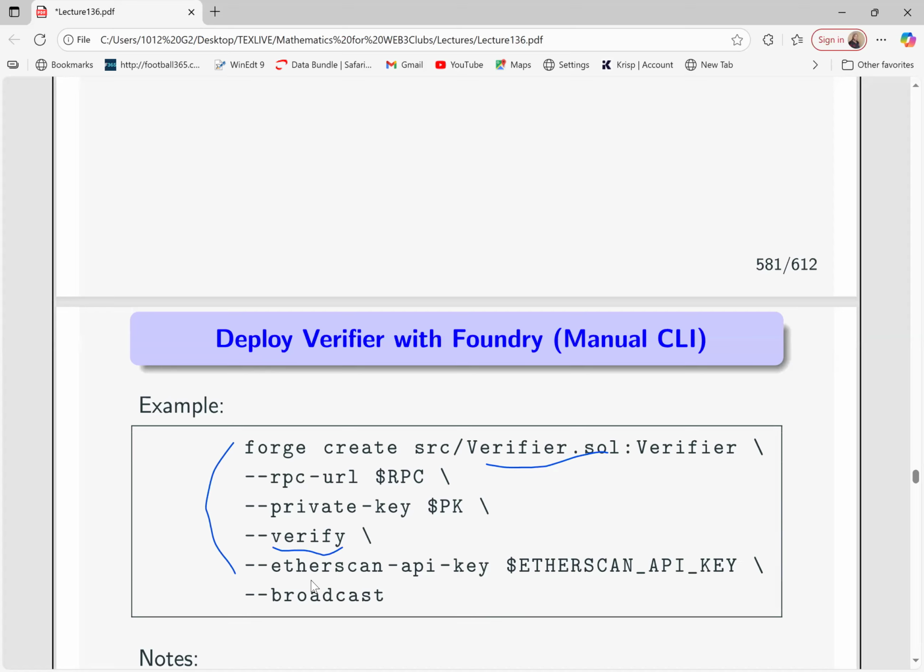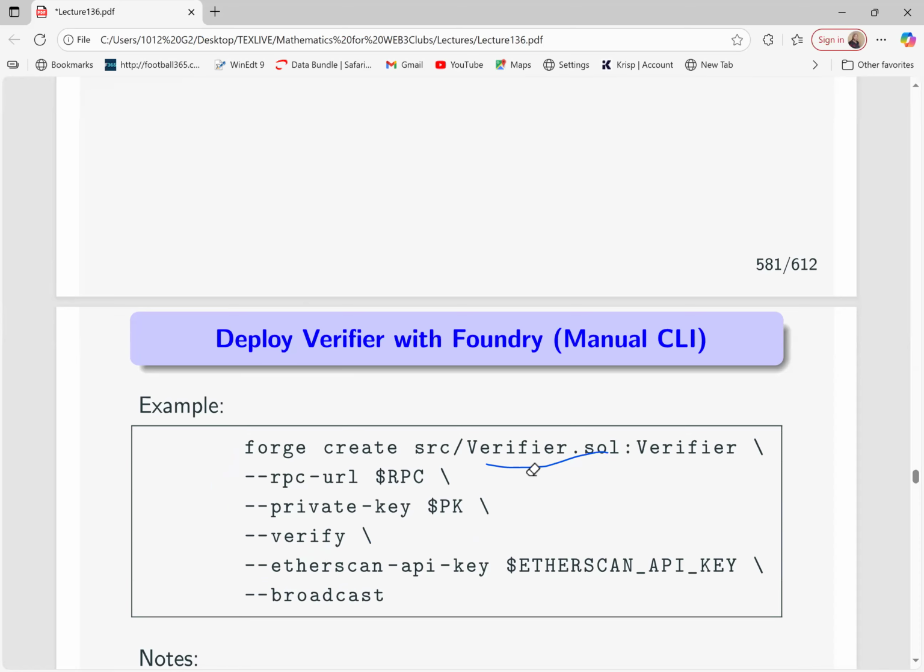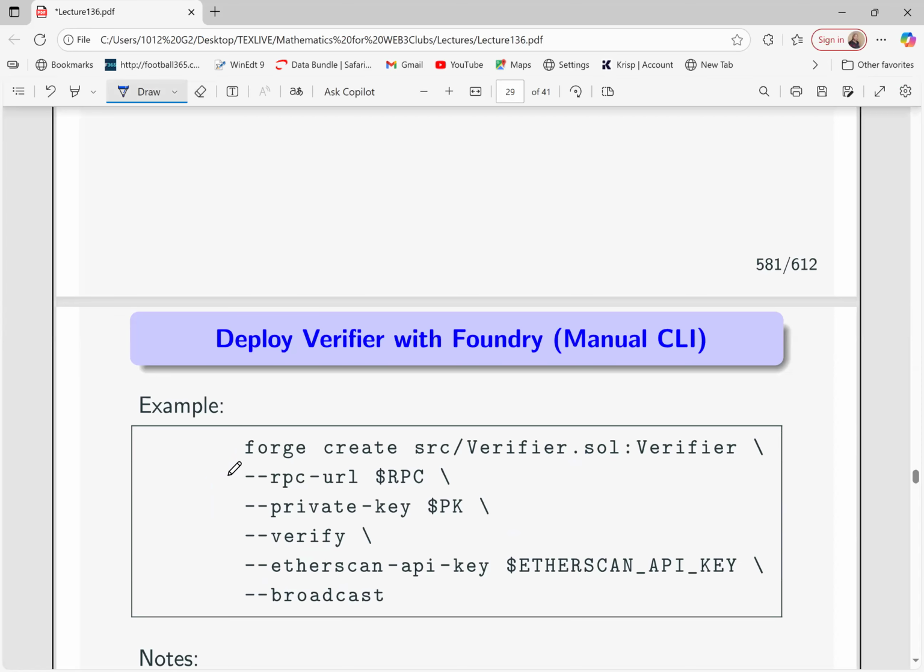You can see we already have included the Etherscan. Okay, this one has Etherscan here. It's not necessary because our .env already has Etherscan, so you don't require this part here. But if your .env did not have the Etherscan, then this part would be important. But at this point, our .env has already taken care of this, so you don't require it here. You only require this, this,